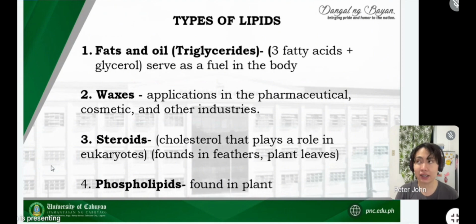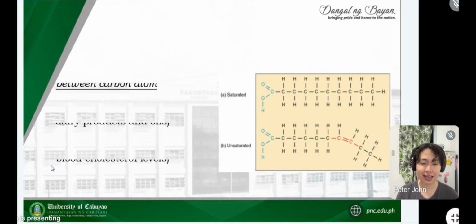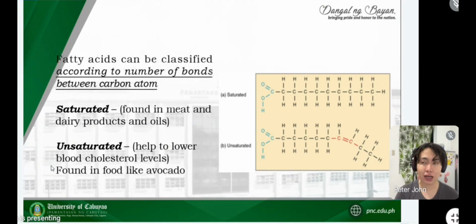Pero, steroids is also good in a way na steroid helps for treatment of various diseases. So, may mga pamamaga sa katawan natin. They are used as one of the ingredients to treat that. Next, we have also the phospholipids. Ito nga yung sabi natin kanina, yung makikita sa plants. Ayan. But, we have also types of fatty acid, or it could be categorized into two. It could be a saturated or unsaturated. So, pag sinabi natin saturated, yung pinakasimpleng dapat yung tandaan, this one is a bad cholesterol.